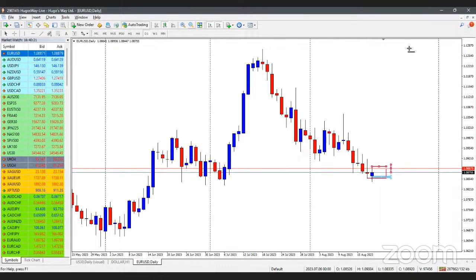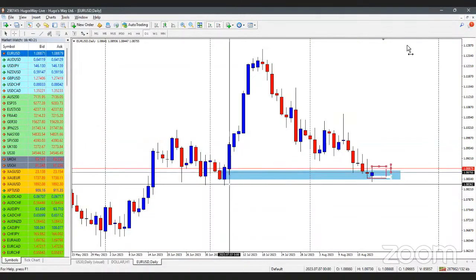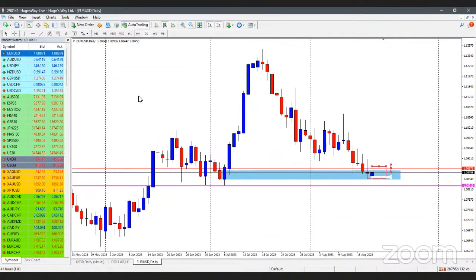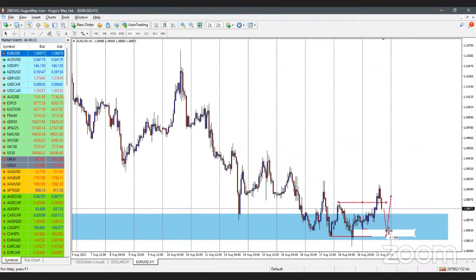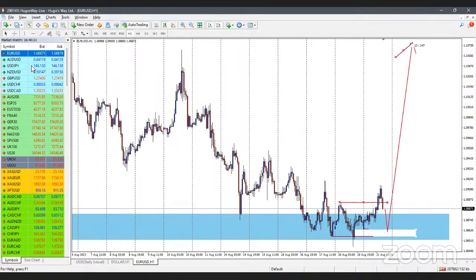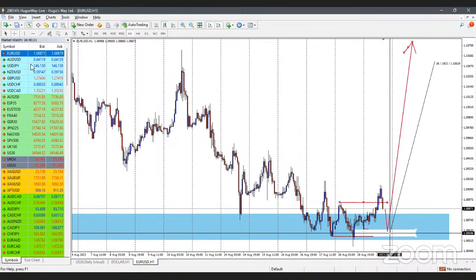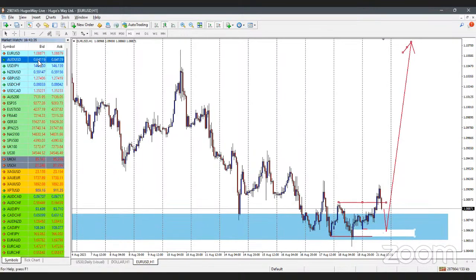High broken structure on the daily, all of that stuff, and now it's returning. If it stays in that zone, then we've got a move. Equally on Euro USD, we have the inverse here that can give us this long, right? Now, AUD USD doesn't look anything like Euro USD at the moment, but structurally speaking, if there's a general trend